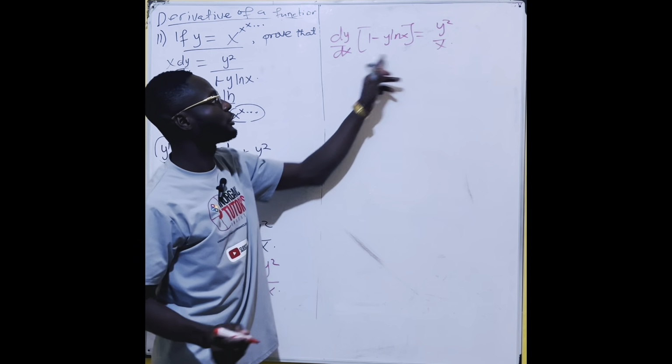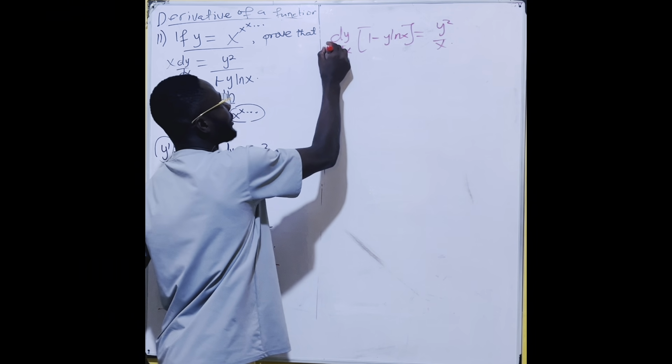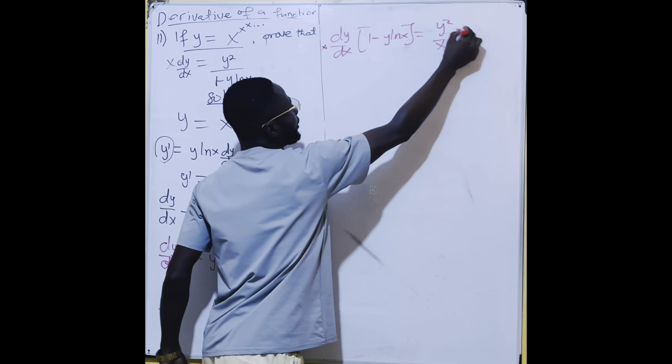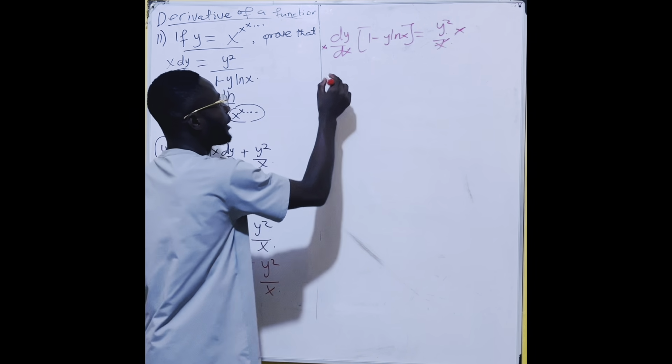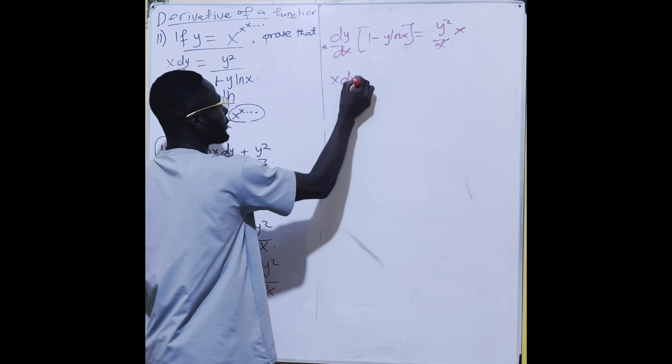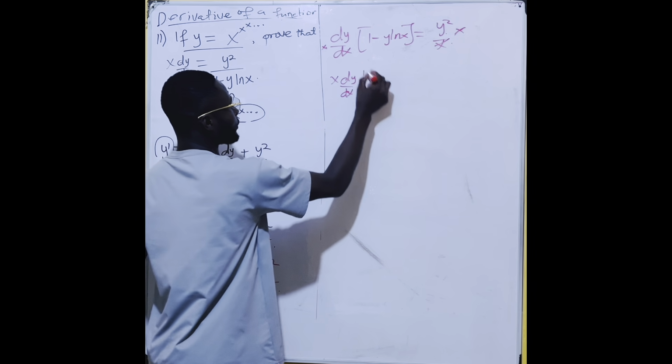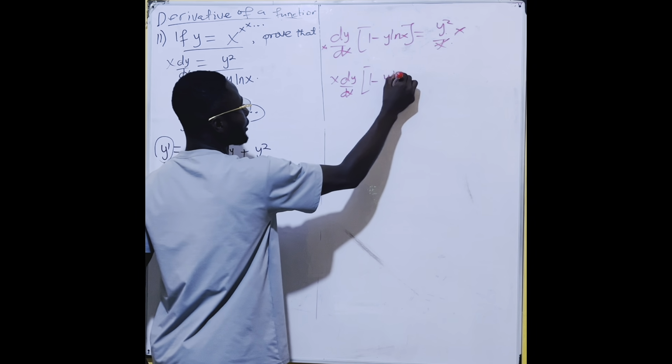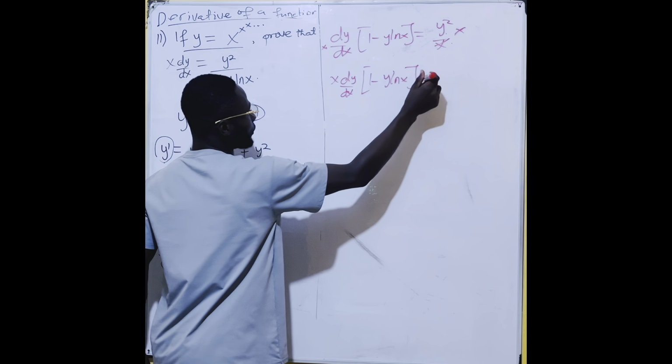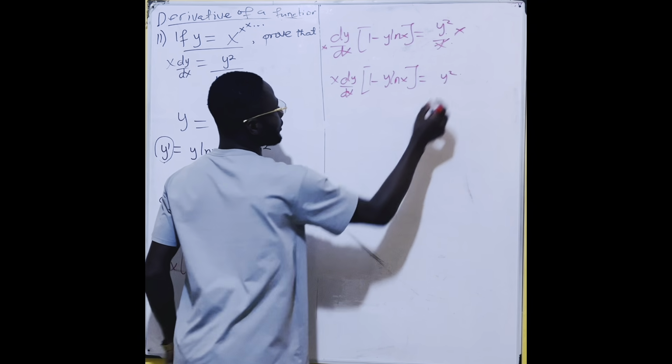So when we multiply through by x, we have here x, we have here x. So this cancels this, and then we have x dy/dx into 1 minus y ln x equals y squared,